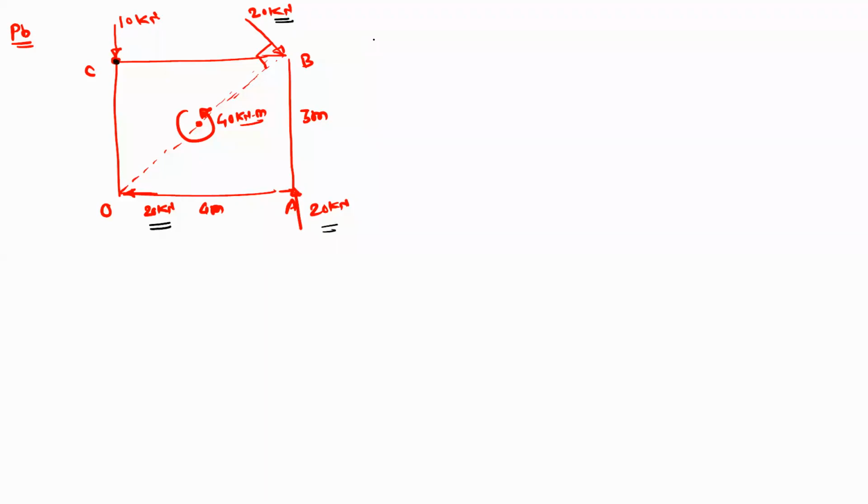So we have to convert this system into a resultant system. So basically we have to find out the resultant, and we have to find out the distance of the resultant from point O. And also we have to find out the intersection of the resultant with the x and y axis.